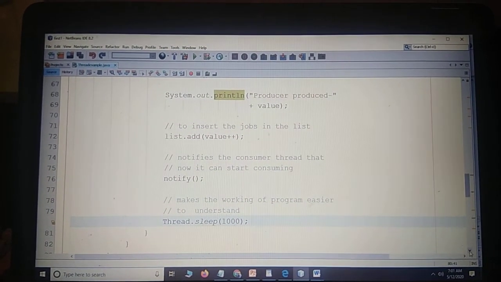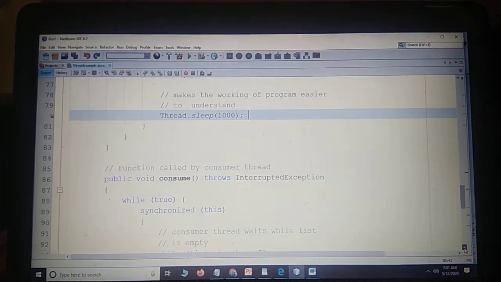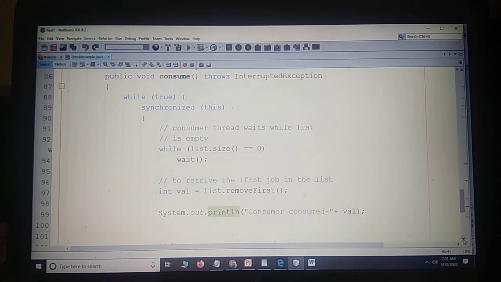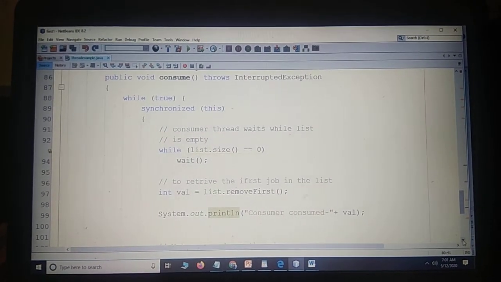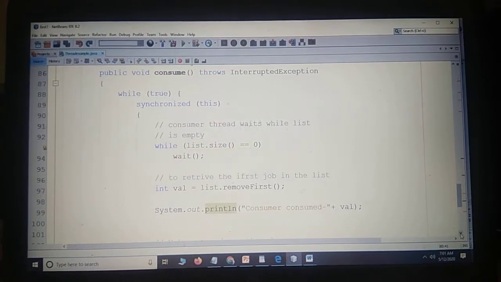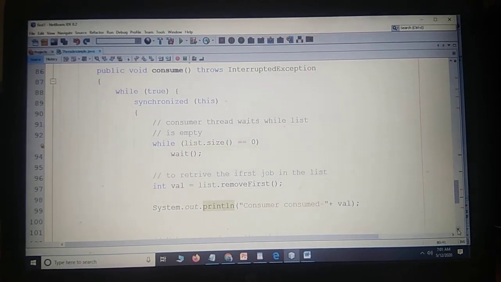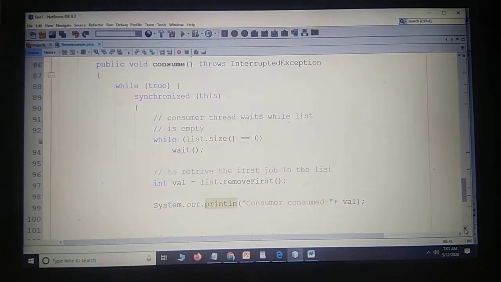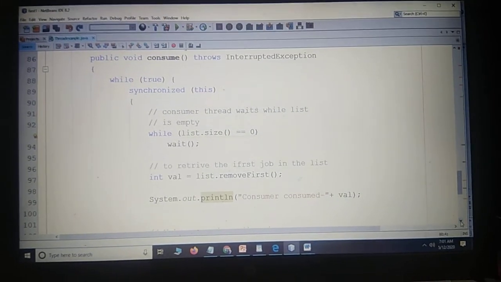The same way we are writing the consumer method. It also has the list size check: list size equal to 0. If the list size is equal to 0, that means the list is empty. At that time the consumer has to wait. Then if the list is filled, it has to retrieve the value. For that we are writing list.removeFirst.